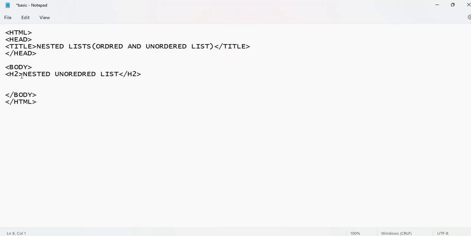Then I give the heading UL because I want an unordered list right now. Okay, so the first list item that I have in my unordered list is coffee. Then I close the list item with the closing li tag. This is one list item. Then another list item is your